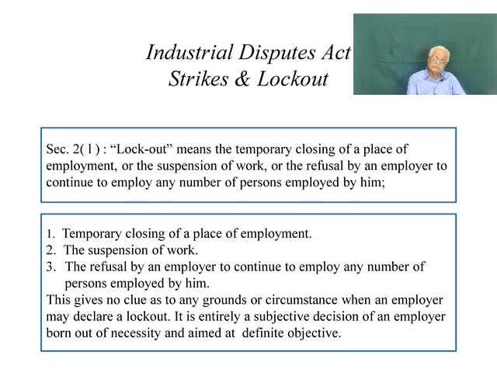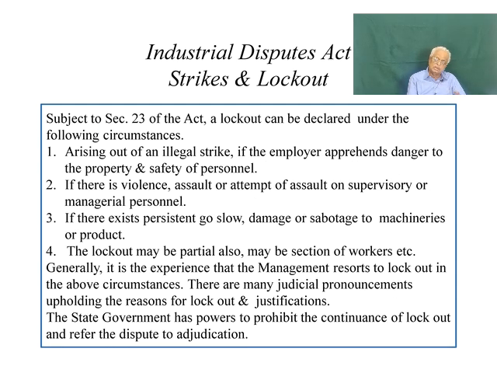Of course, there are some reasons why we declare a lockout. If it arises out of an illegal strike by the workmen, the lockout is normally justified. A lockout is justified if there is apprehension of danger to people and machinery of the company. And suppose you anticipate that there is going to be sabotage of the machinery, then you can declare a lockout. This all depends on the circumstances. Then the lockouts are upheld by various courts. So whenever we declare a lockout, we always